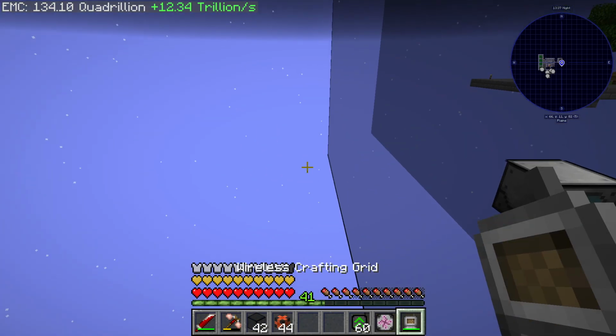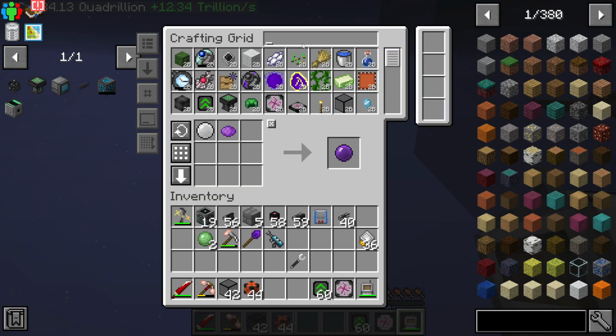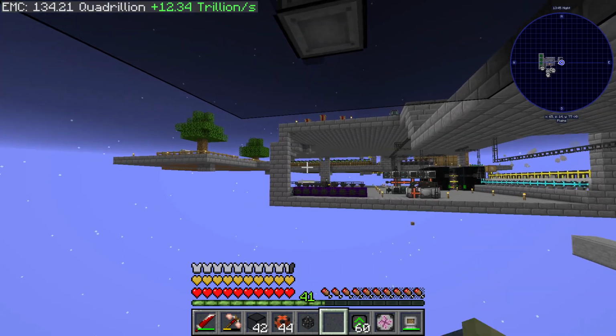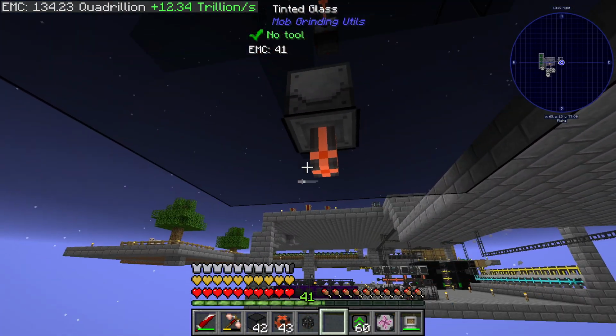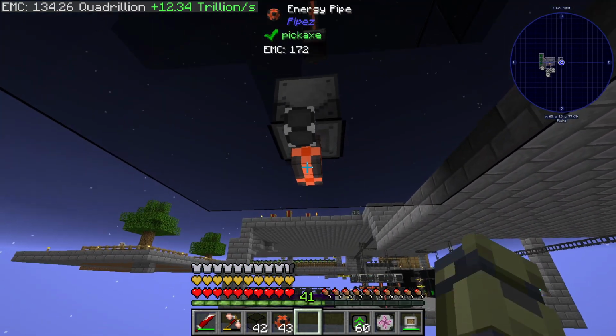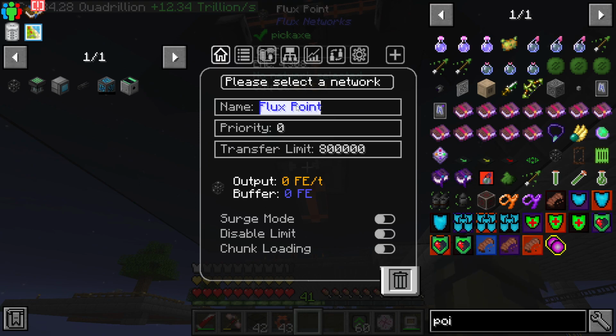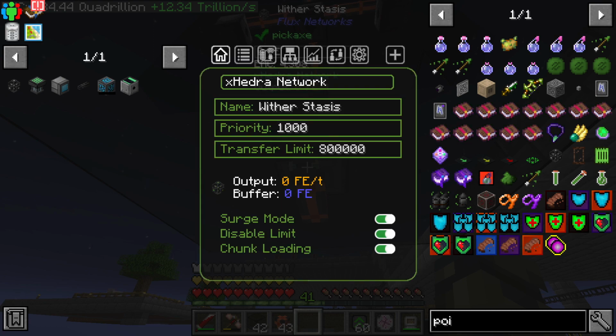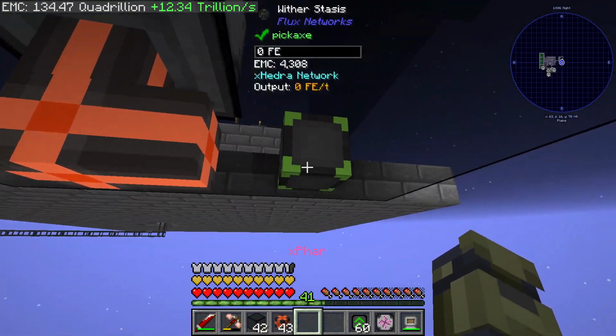So I'm going to need another point. I'm going to use just as many points as I want. So I'm going to grab this, and you know what? I'm going to do something interesting here though. So what I'm going to do, put this right here, put this right here. And this point, I'm going to call it Wither Stasis. And then I'm going to say priority 1000. I'm going to make sure that this never runs out of power, because I want all of the power to go here for...